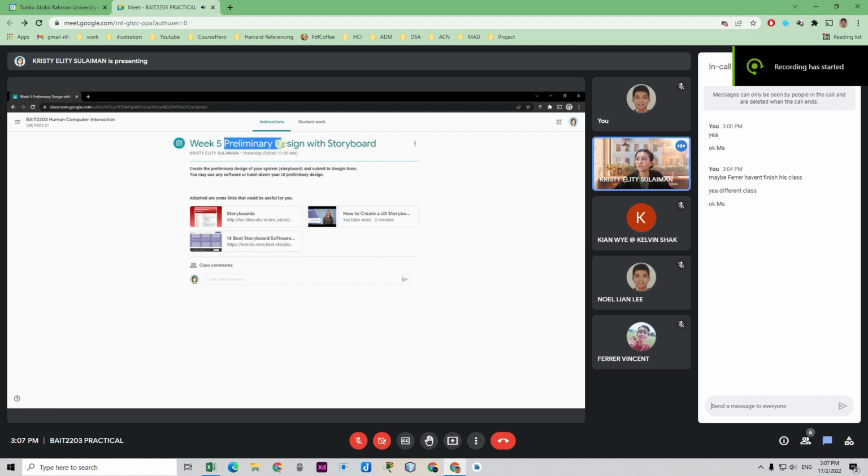You need to come up with a preliminary design of the UI of your system using a storyboard. So you need to create or think of a draft. You draft the design of your system, like how your system will look, the login page, and then after